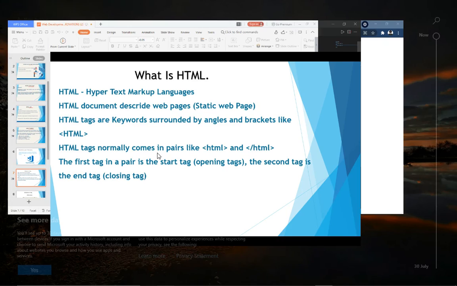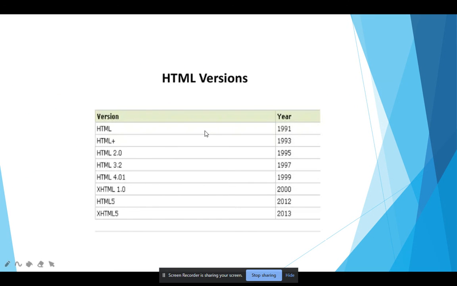Okay, this is our HTML version history, because HTML first appeared in 1991, and everything changes from time to time. After 1991, the next HTML version was provided in 1993, and after that 1995 and more.